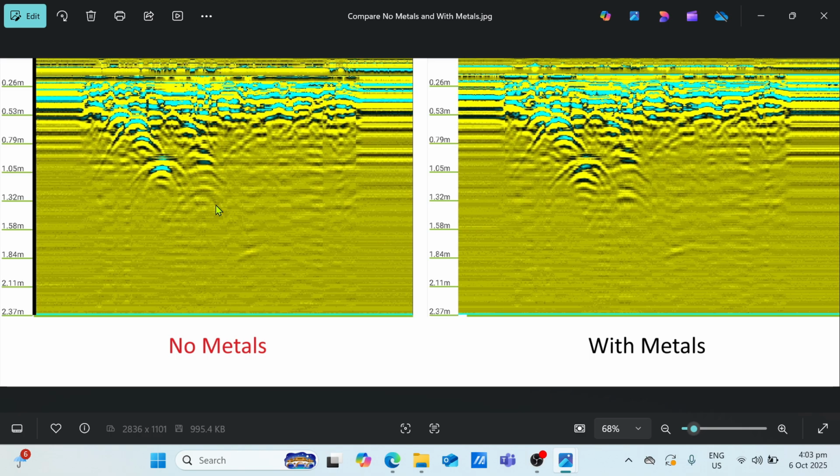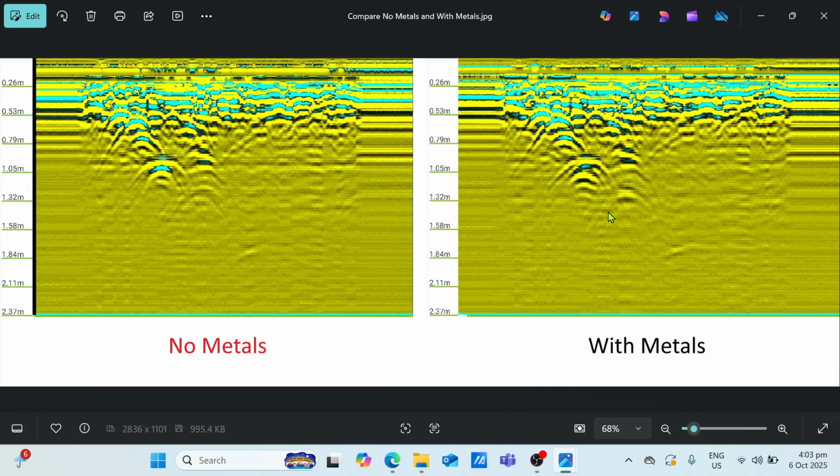Next, second hole for no metals, and then second hole if with metals. So for no metals, on the second hole, we have a lower contrast.